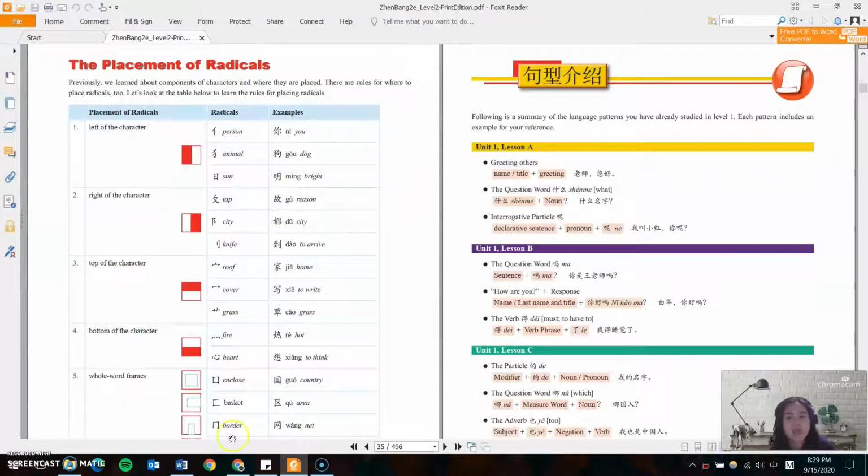Okay, 句型介绍. So here, as I told you, you do not see the tones here and there's no translation. 怎么办? What do you do? Well, if you save this as the